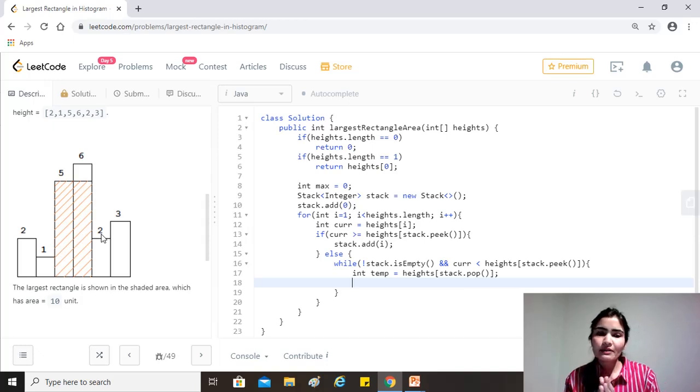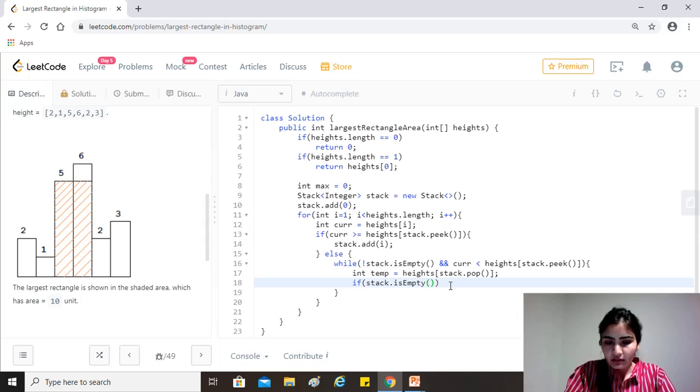So what we want to understand is how much the width is. So we have to do a 4 minus what is on the stack before this, and a minus 1. That will give us the length. When we pop 5, then at that time 4 minus the prior index, say 2. And if the stack becomes empty, then we'll just multiply by I, assuming that is the smallest height, and we'll get the entire area that it can form. So what we'll do here is, if the stack is empty, because it could get empty since we have popped an element from it over here,